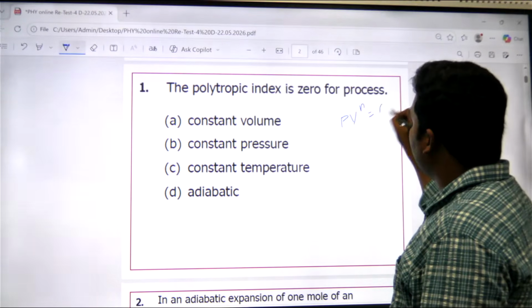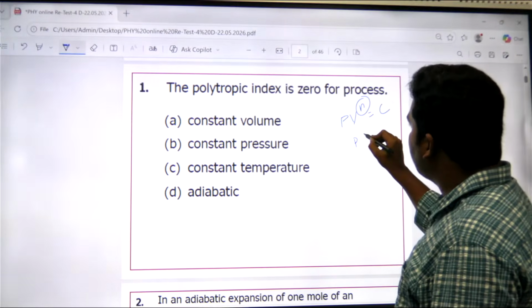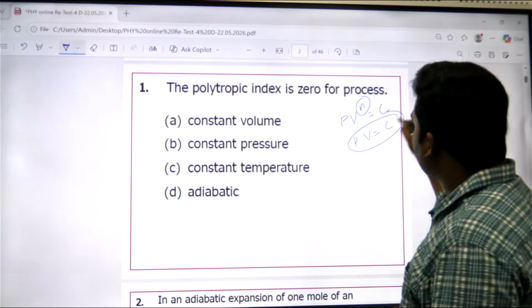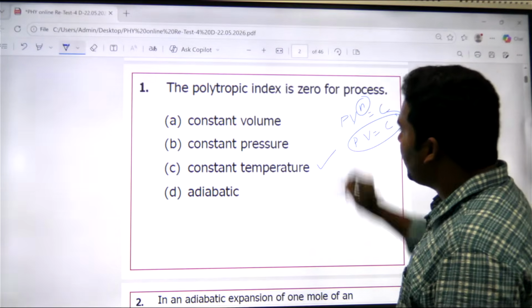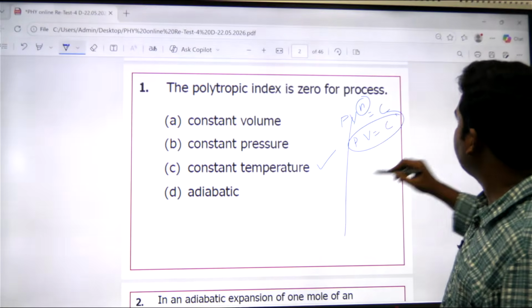PV^gamma is equal to constant, and he's saying that the gamma value is 0. If this is 0, can I simply write it as PV^0 = C? If PV^0 is equal to C, then what is it? P is equal to constant, so it is constant pressure. And coming to the second question,